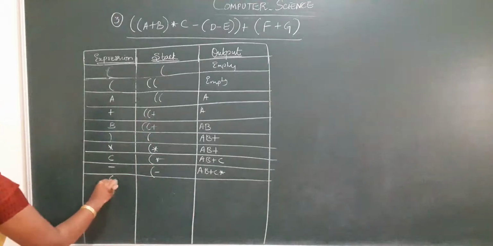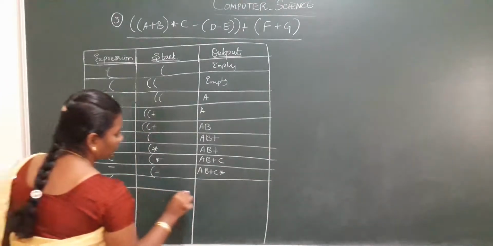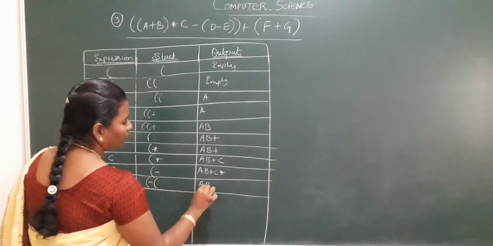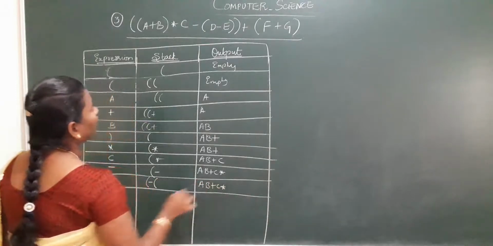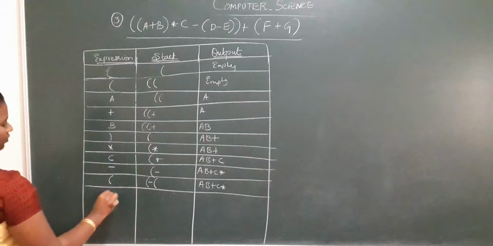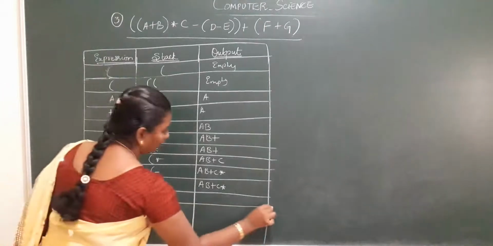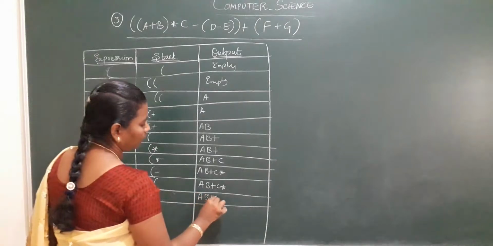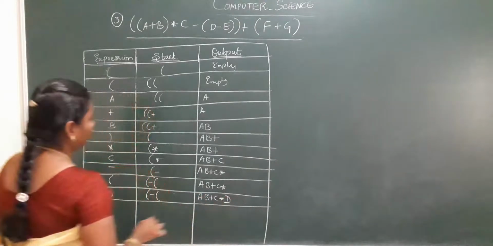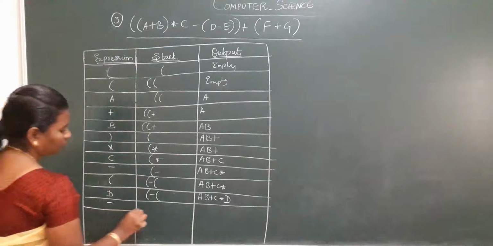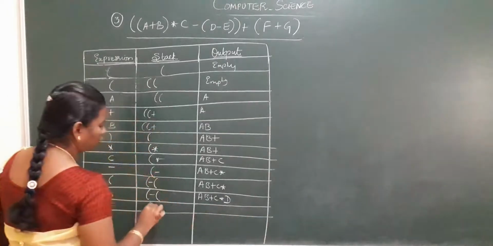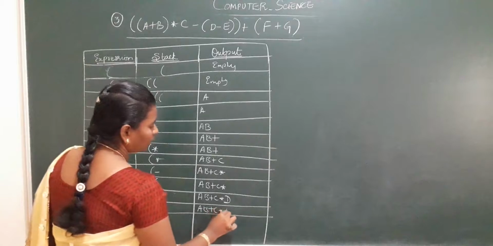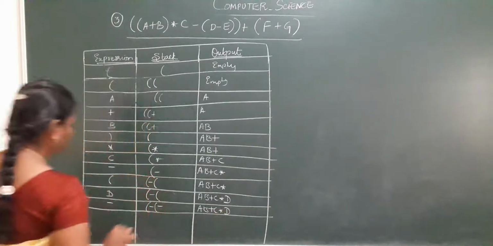Next I have again an opening bracket. So opening minus opening, A B plus C, I have star. Next I have D. So where will D go? A B plus C asterisk D. Next I have minus. Again minus will go sit in your stack. A B plus C star D I have as it is.